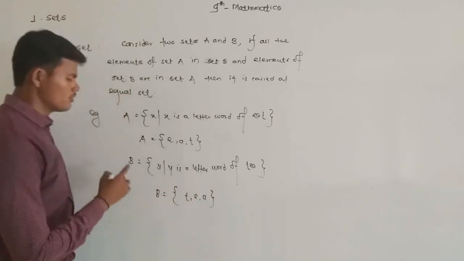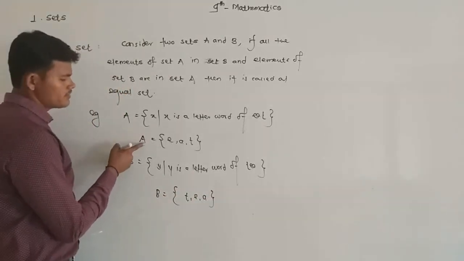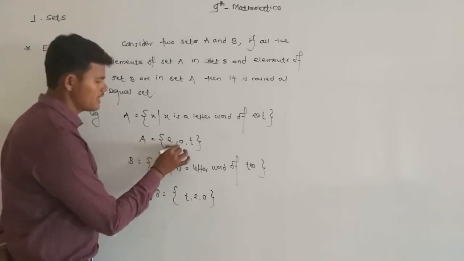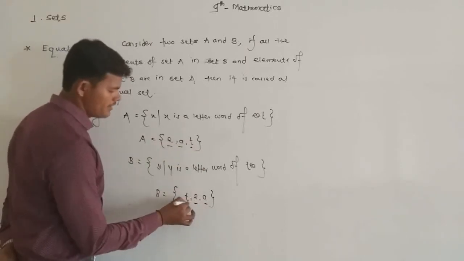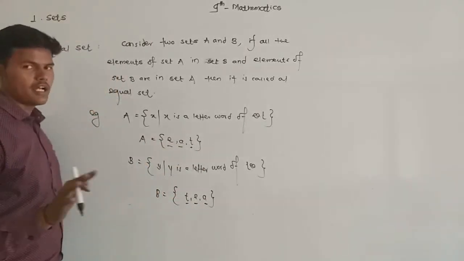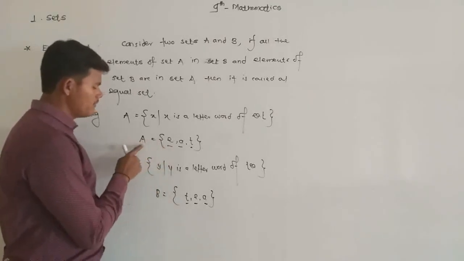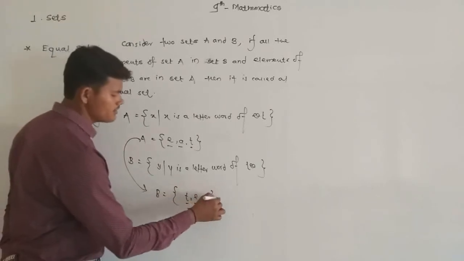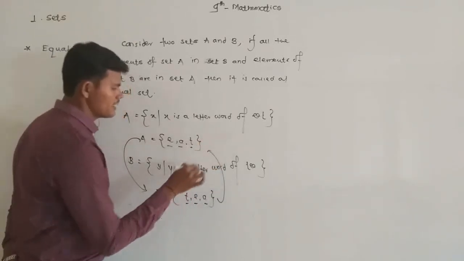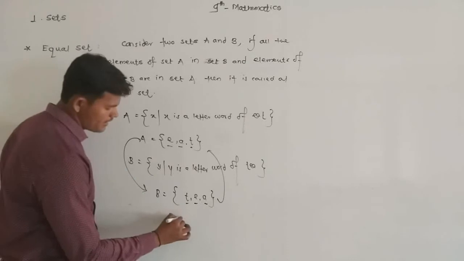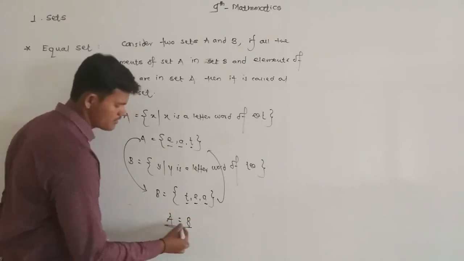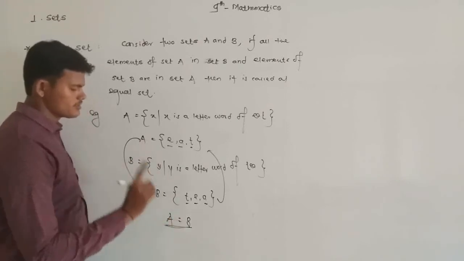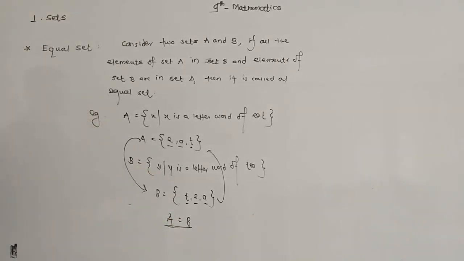So we get three letters T, E and A. Check out both the sets. Here all the elements which are present in set A are present in set B, that means letters E, A and T. Here the order of the elements is not the same, but all elements which are present in A are in set B and all the elements which are in set B are in set A. That's why set A and set B both are equal sets. Set A and B are equal, represented by A is equal to B. This is our first example of equal sets.